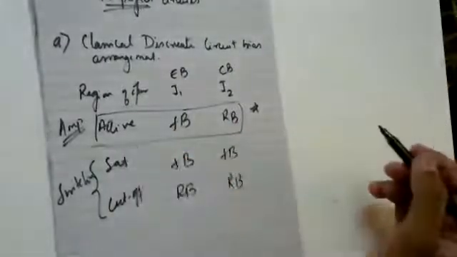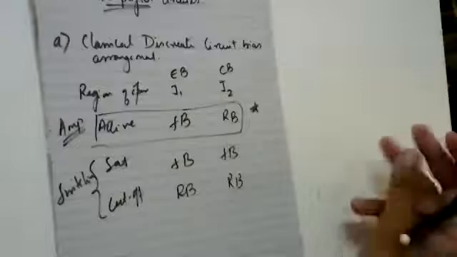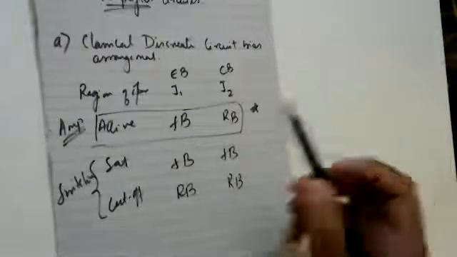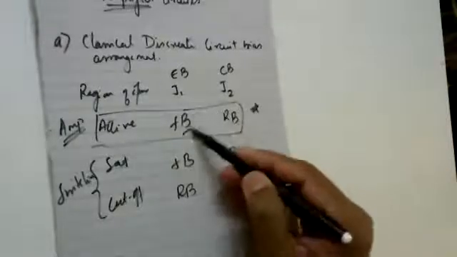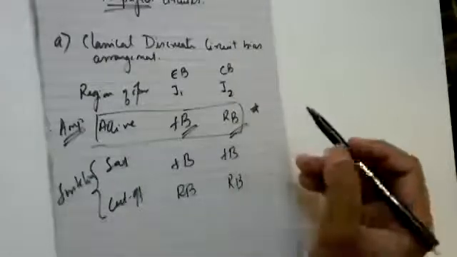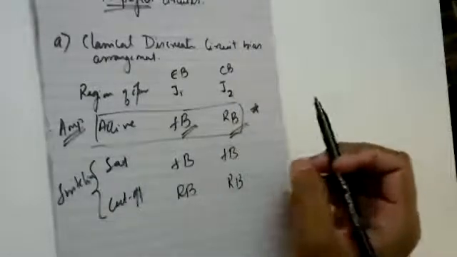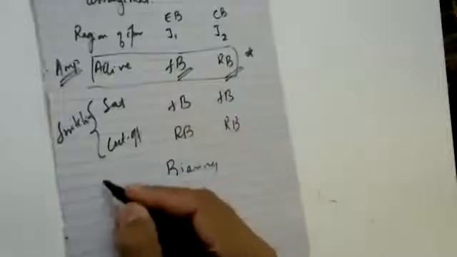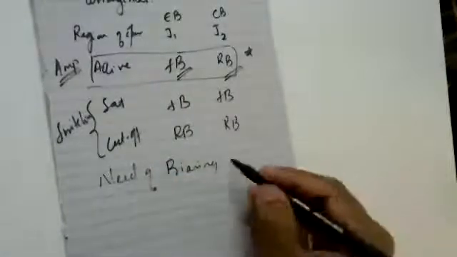Important for me is just this data. That is, if I want to operate my transistor as an amplifier, or in the active mode, then my junction J1 has to be forward biased and junction J2 has to be reverse biased. Then now we'll interact about what is the need of biasing. What's the need of biasing?